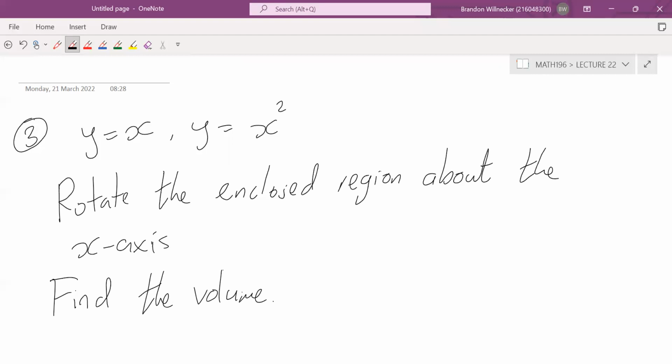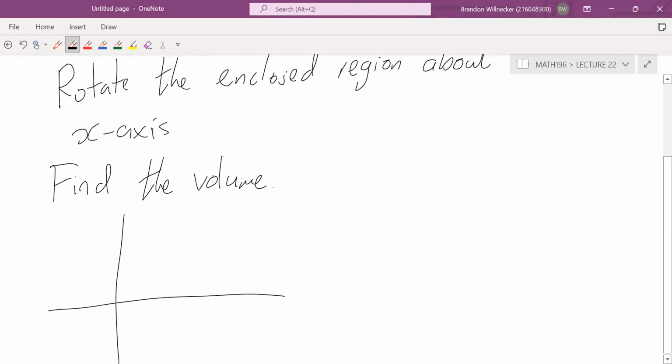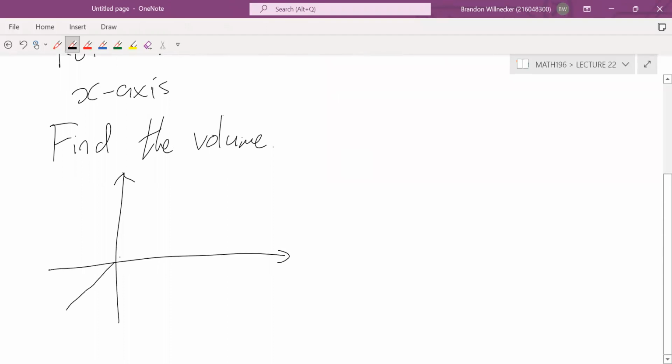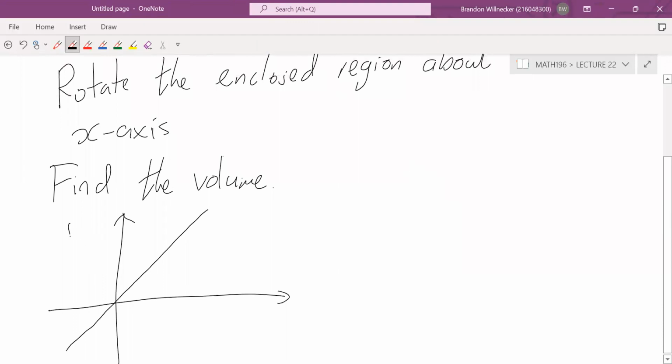Okay, so let's do a little sketch of what's going on, and then we can find out what the volume is. Okay, so the first line is y equals x. That's going to look like this. And then the second one is y equals x squared. That's going to be something like this. Sorry, let's just do that a bit better. Something like that. And this red region, the shaded in part there, that's going to be our enclosed region. Okay, so we need to rotate this around the x-axis